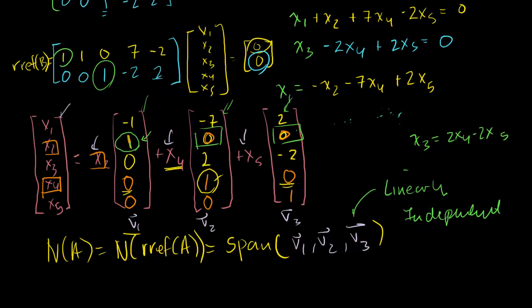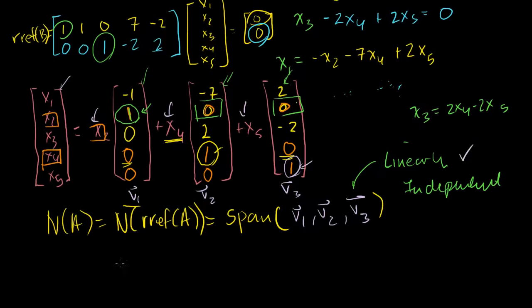And last, this x5 guy right here has a 1 here. And these guys have zeros here, so no linear combination of these zeros can equal this one. So all of these guys are linearly independent. You can't construct any of these vectors with some combination of the others. So they are linearly independent. And so the set V1, V2, and V3 is actually a basis